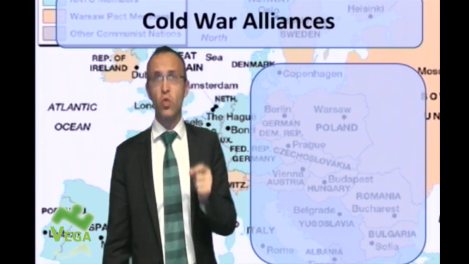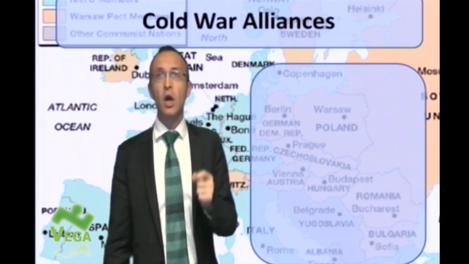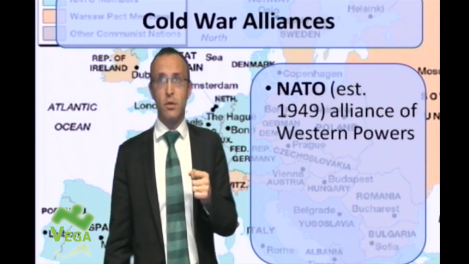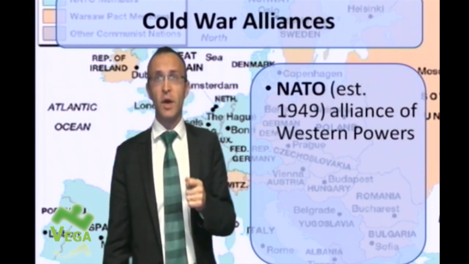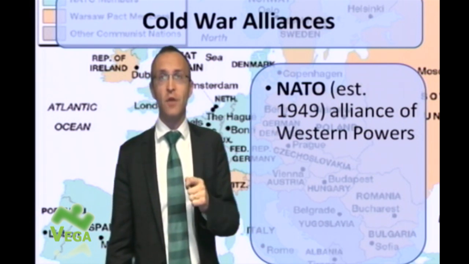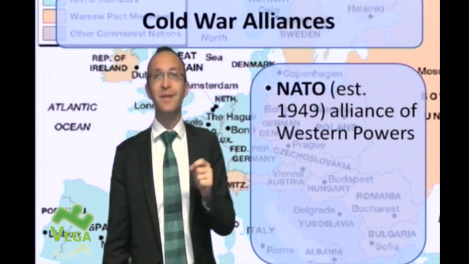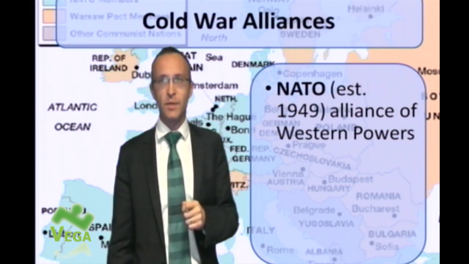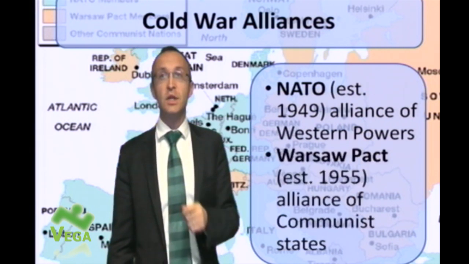In order to guard against this possibility, but also to take forward their strategic rivalry, the two superpowers established their own network of alliances. For the United States, that meant NATO, or the North Atlantic Treaty Organization, which was a military alliance of Western powers designed to defend Western Europe against the threat of communist expansion. Six years later, in